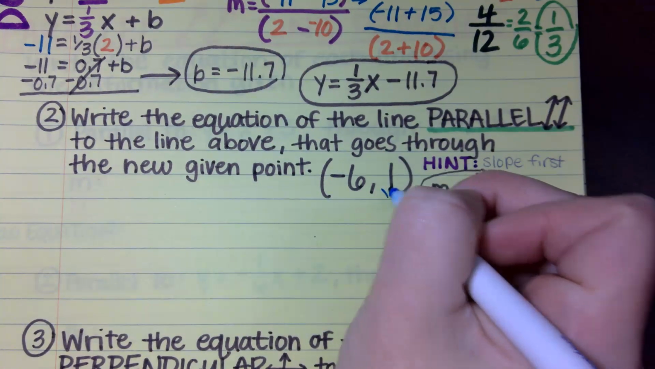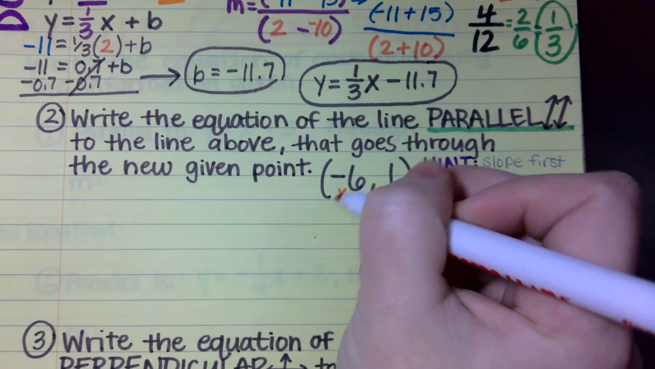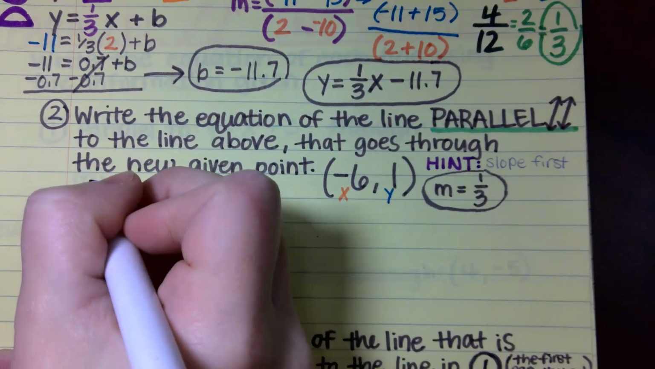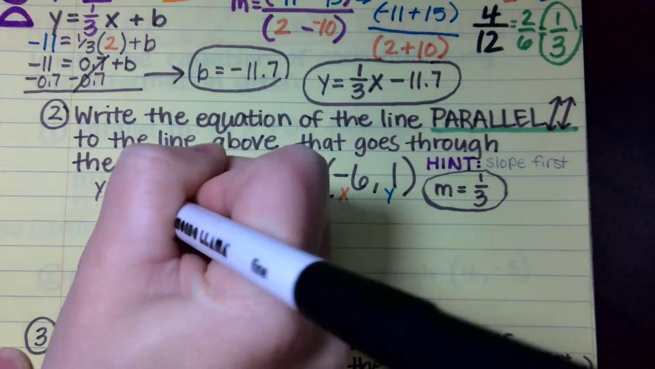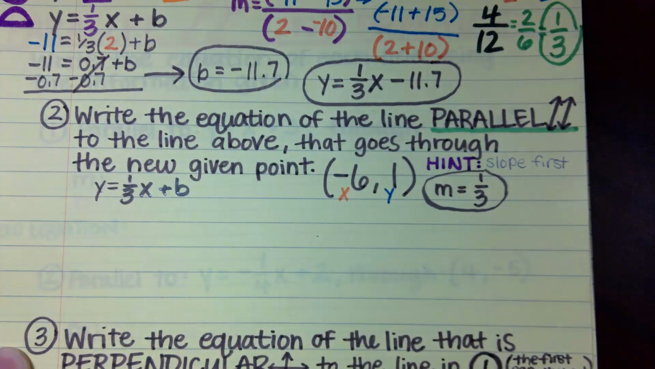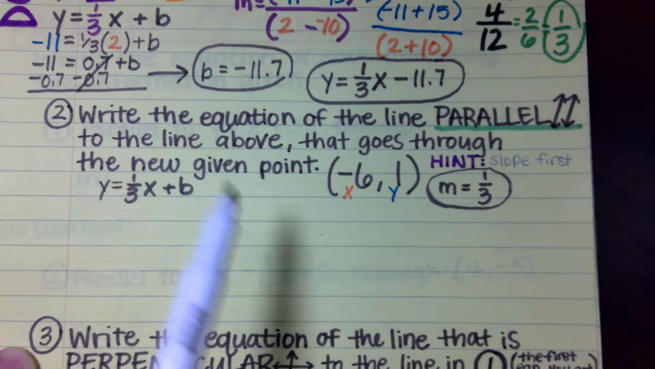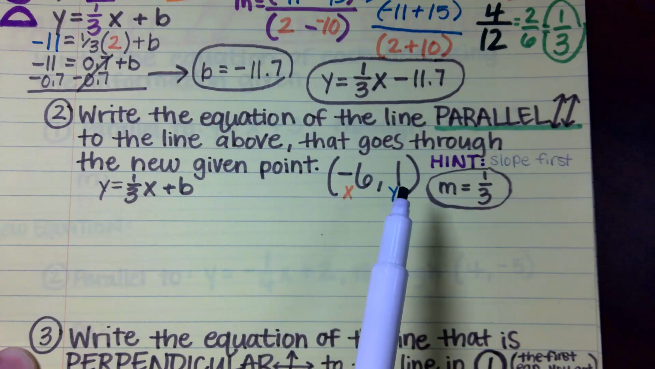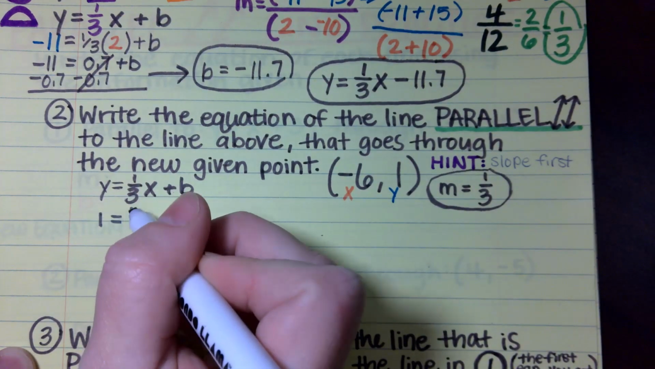I've got a y and an x. And then we're going to plug them in. What are we plugging them into? Y equals 1/3 x plus b. Good. We have y equals 1/3 x plus b, and we want to plug our x and y values into this equation. So, go ahead, Star. 1 equals 1/3 x is minus